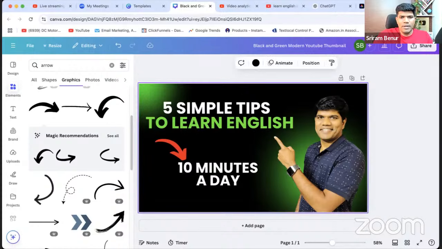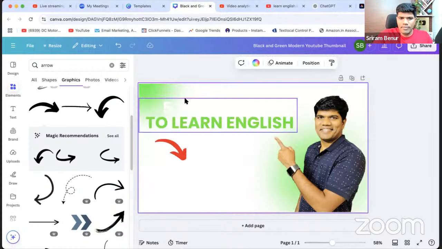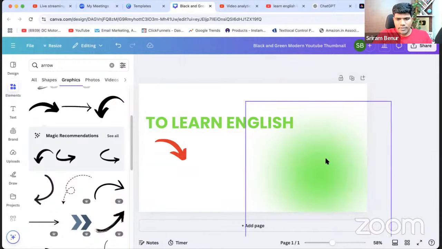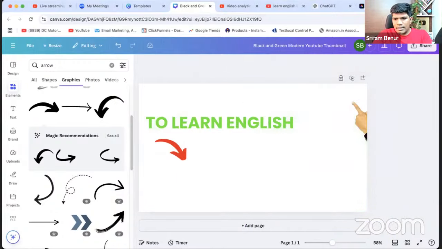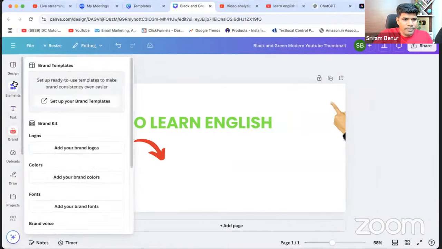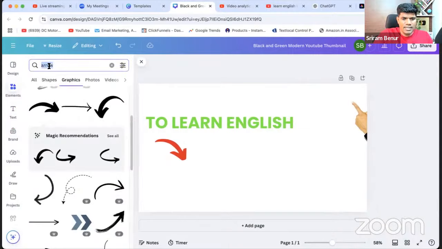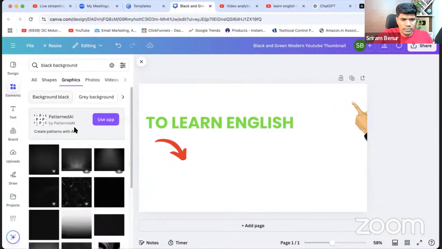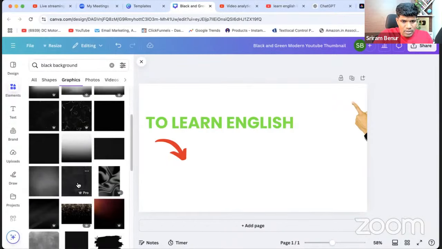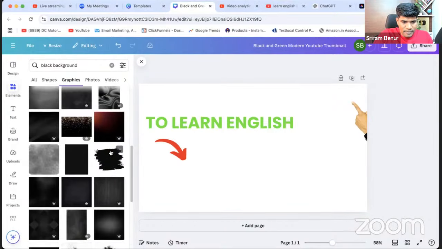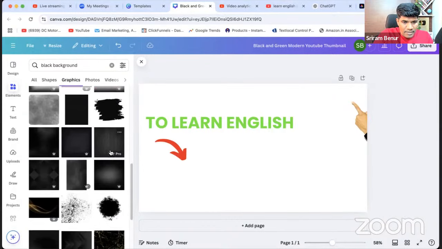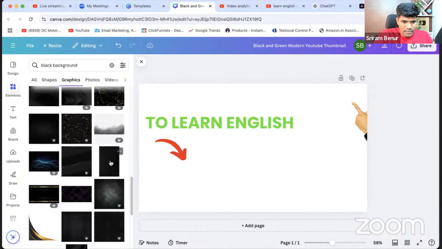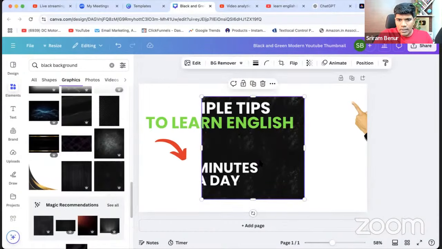Now, say, for example, you want a different background, you can just delete this background. You want to make it even more simpler, you can delete this. Go to elements here, search as black background. Okay. Let me see something that would grab more attention here. Okay, not this one.